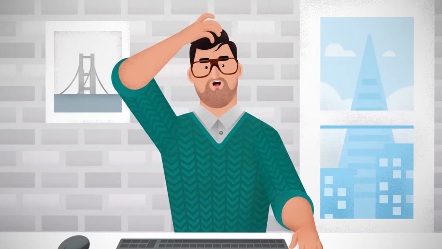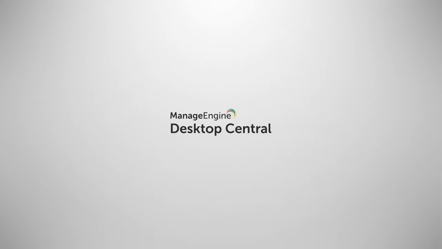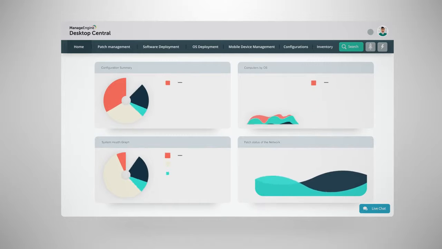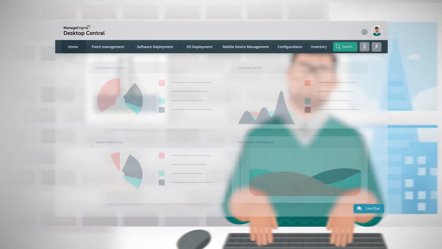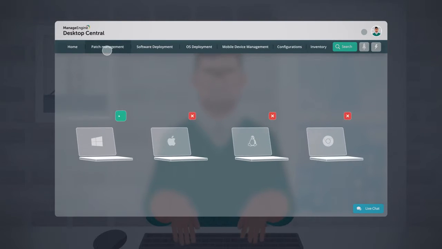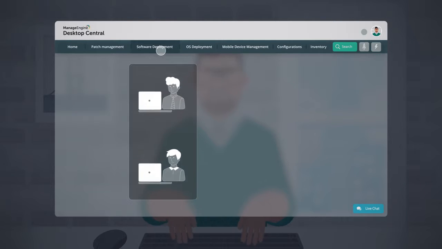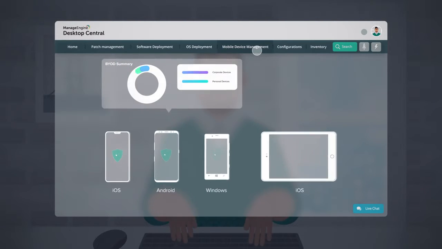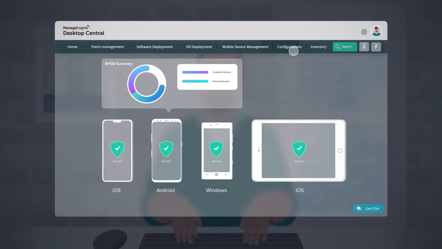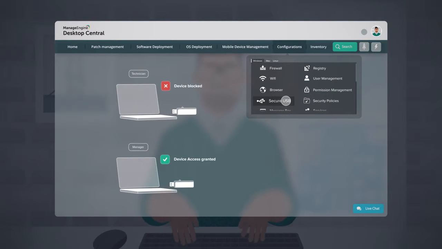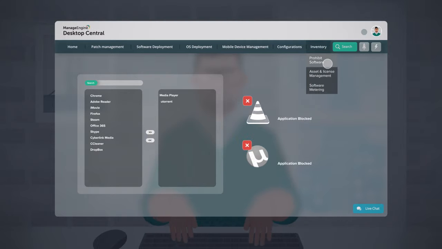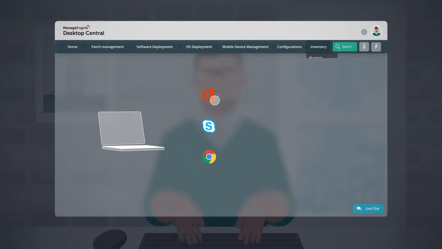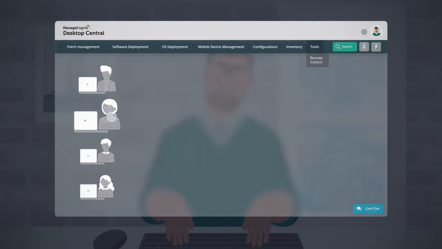To relieve your admin from these day-to-day tasks, ManageEngine brings you Desktop Central. This unified endpoint management solution provides tools like automated patch management, software and OS deployment, mobile device management, and USB device management, software prohibition, asset and license management, software metering, remote control,